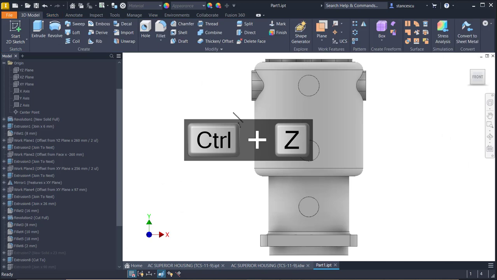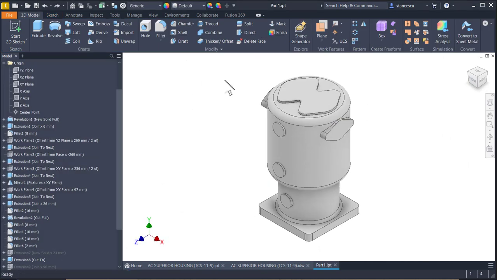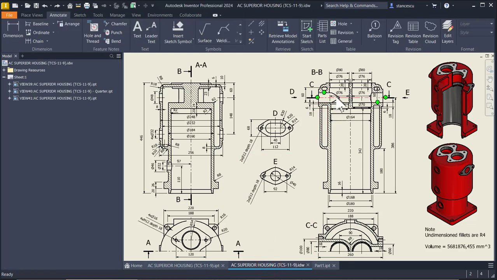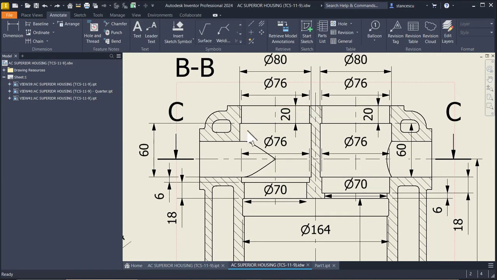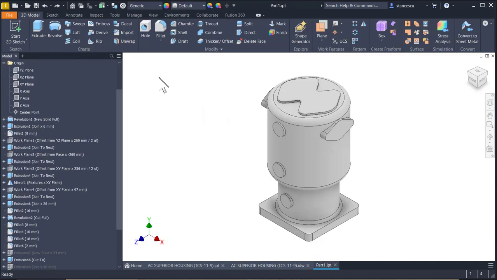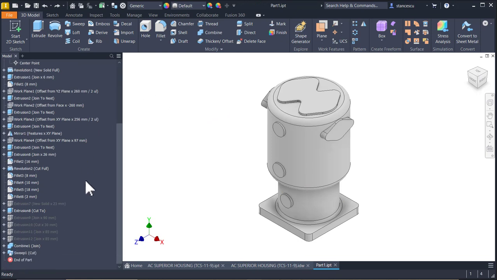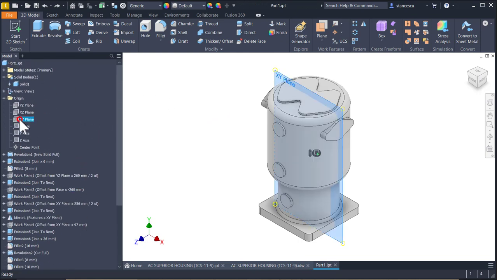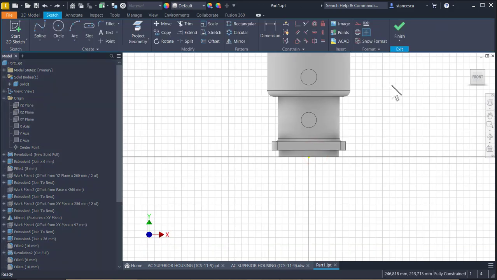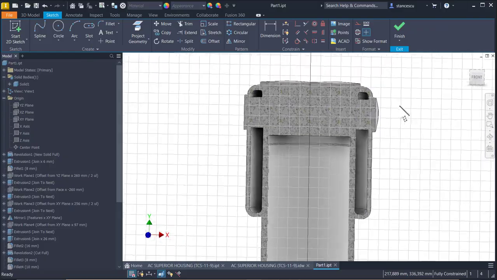Control Z for that sketch. Now we have to create these two internal cuts which are slightly different. You see 6 and 18 is here, and 18 and 6 is here. Dimensions are here, so let's do this. We select the plane XY, F7,